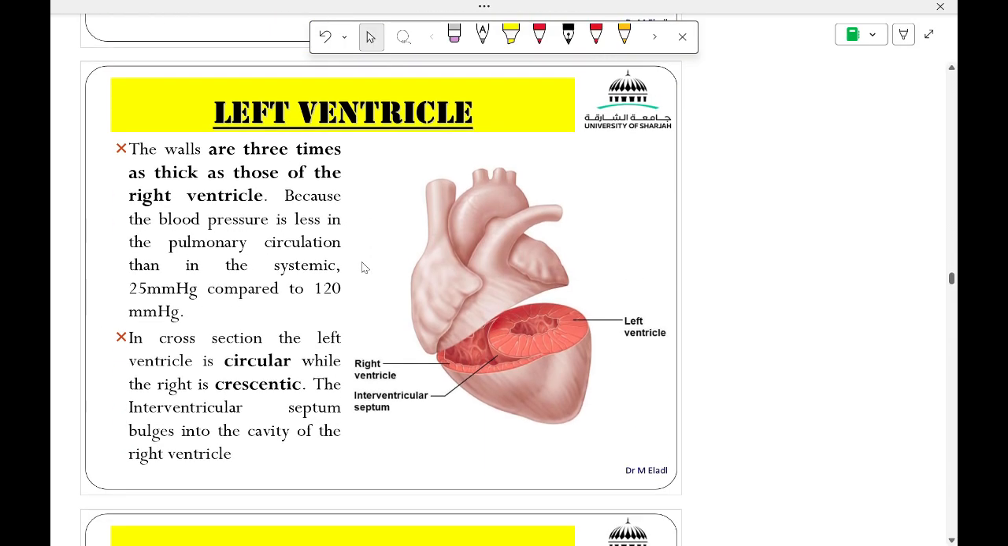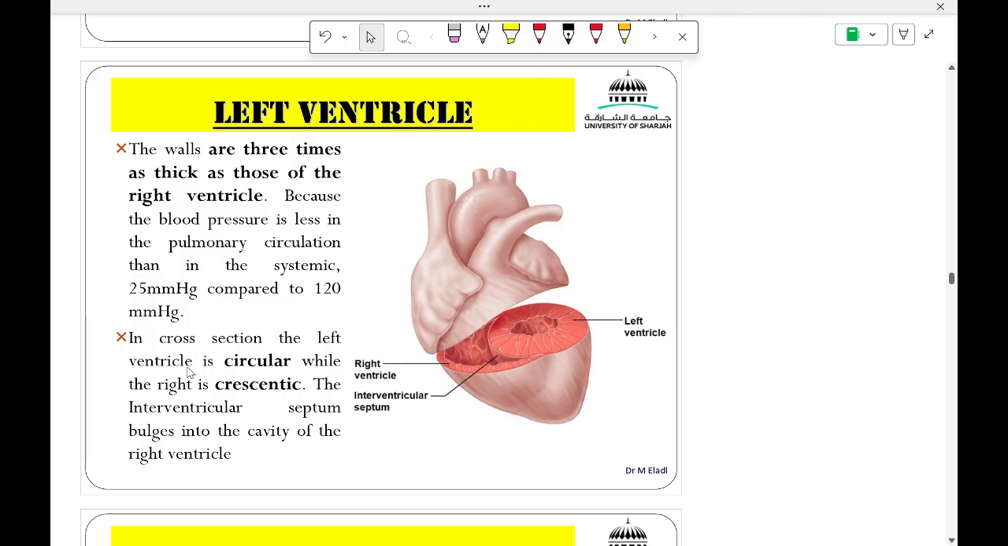Now, for the left ventricle, I think we already know that its walls are basically 3 times as thick as those of the right ventricle, essentially because the left ventricle is going to pump the blood that is going to supply all of the body regions. Now, therefore, we expect that the blood pressure is going to be extremely high, okay, which is contributed by the